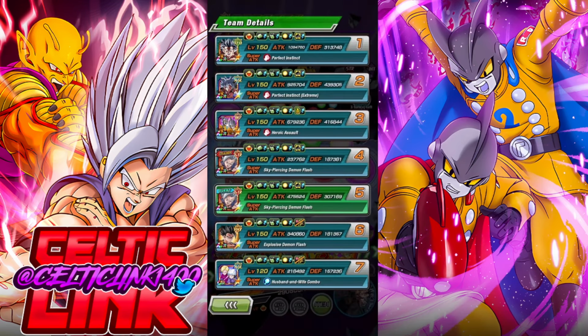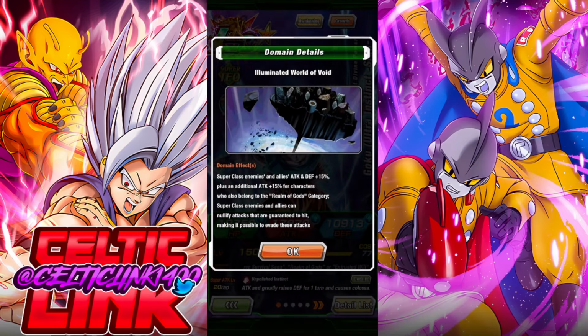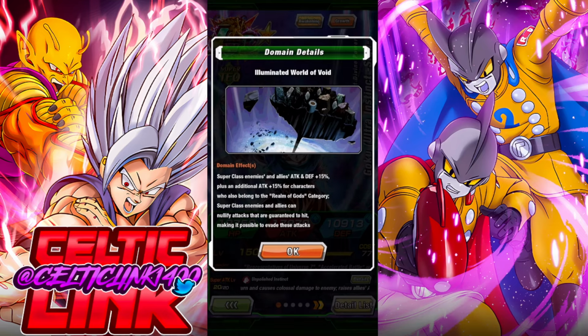where is it? We have to click over here. It's always good. Here it is. Yeah. So while it's active, we are also giving allies 15% attack and defense, and an additional 15% for Realm of Gods characters. So that's 30% for Superclass allies and Realm of Gods allies, and then basically nullifies the dodge canceling, right? So events like the Memorable Battle Broly, or